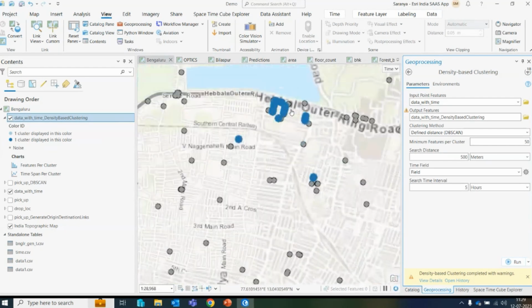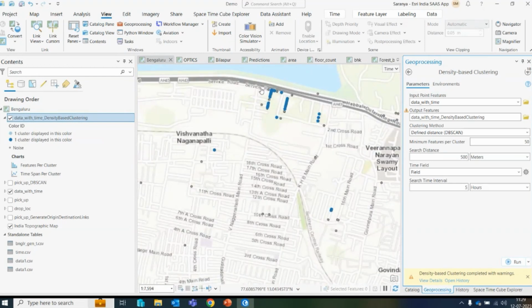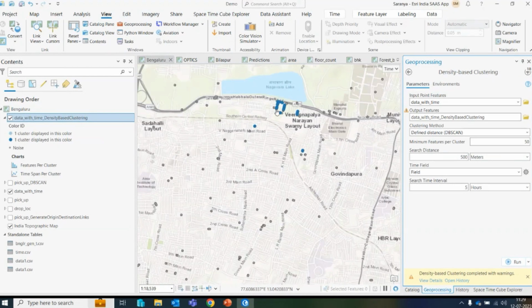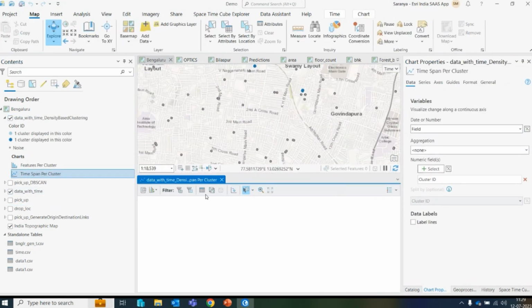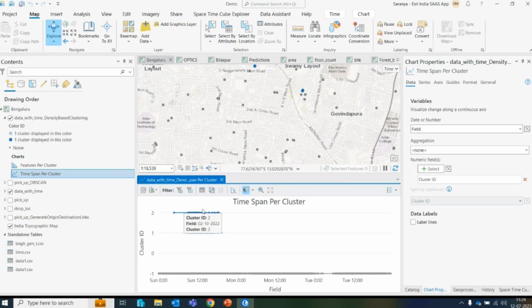If you look at it, this is actually a Marriott hotel. So you can see there are a lot of pickups surrounding that hotel. And when you open the time span per cluster, when you run the DBSCAN with time component, you get this chart. So you can see that there is a maximum pickup within this